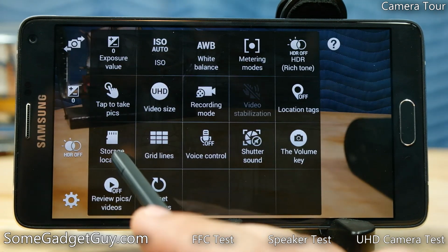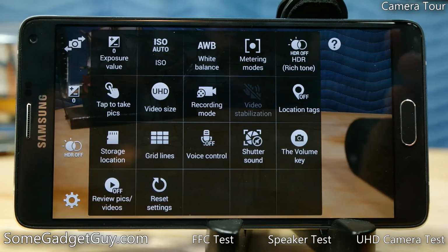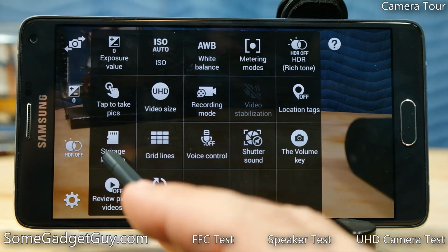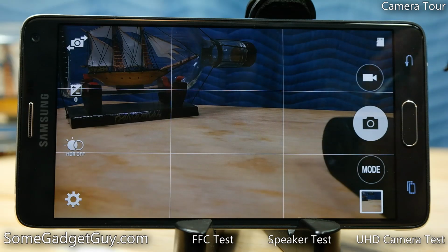And of course our storage location options. And as I have a really fast memory card in the Note 4, I usually leave that set to my memory card, and I leave the 32 gigabytes of storage built into the Note 4 free for all of my apps. And just so we can see stills performance, if I tap on this little ship in a bottle here